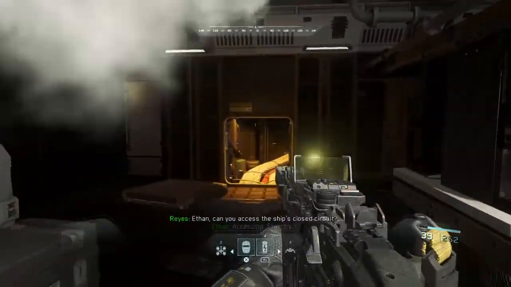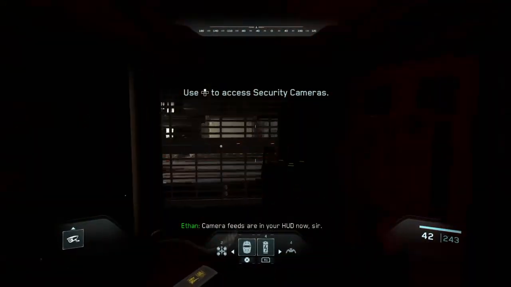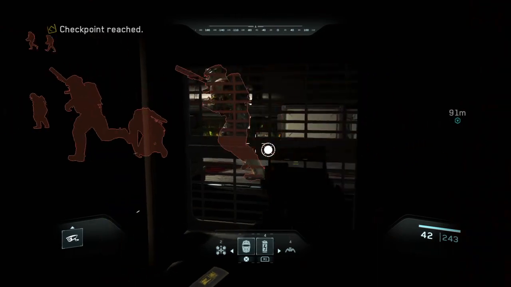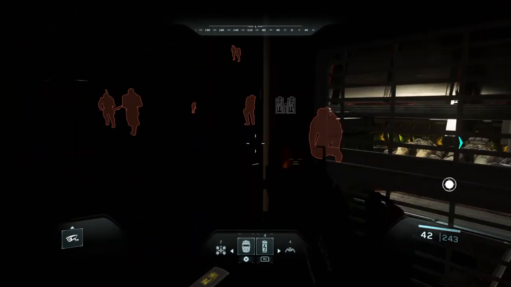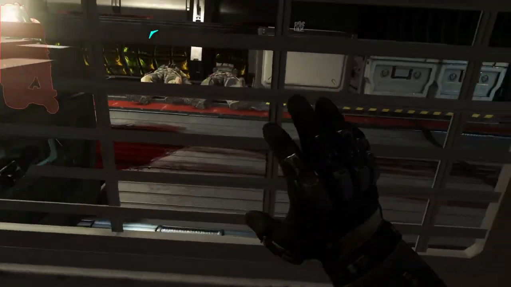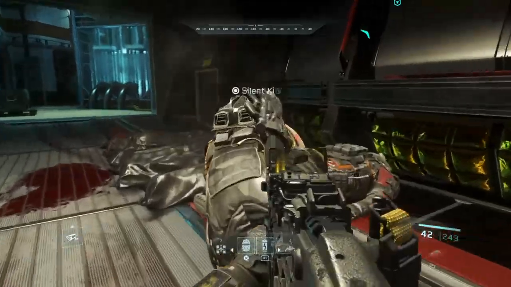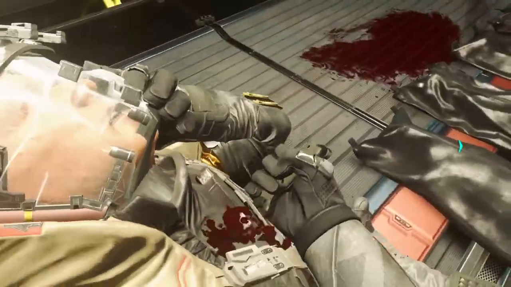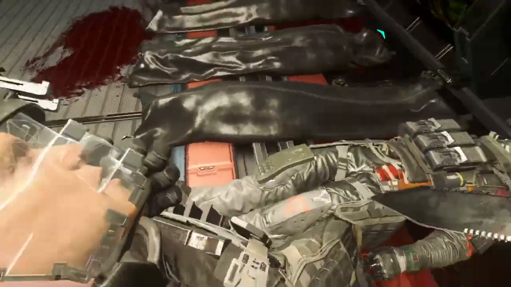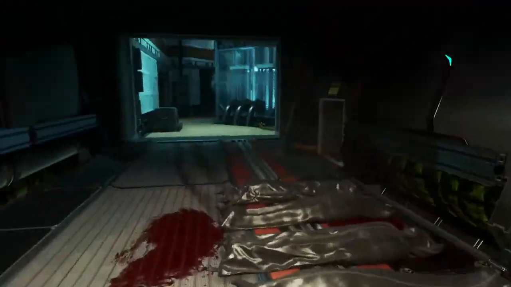Yeah, in these missions. Ship's closed circuit? Accessing. Stand by. Camera feeds are in your HUD now, sir. Anyways, the game is pretty good about making sure that if you need to stealth stuff, you can stealth it, and still pick up new weapons, because the way you get new weapons is through these missions. So, anyways,